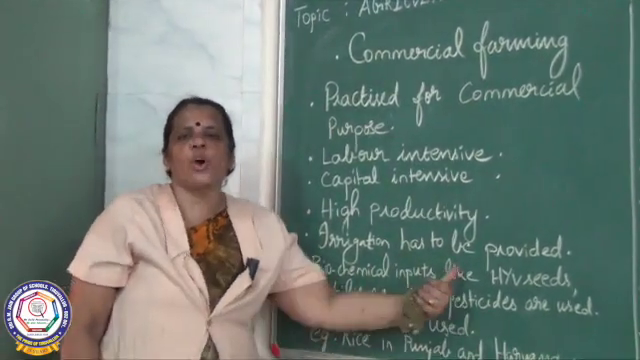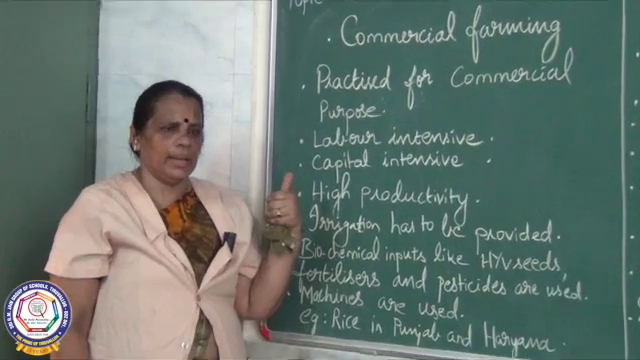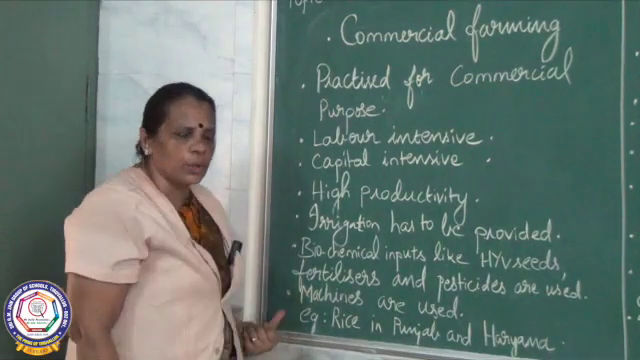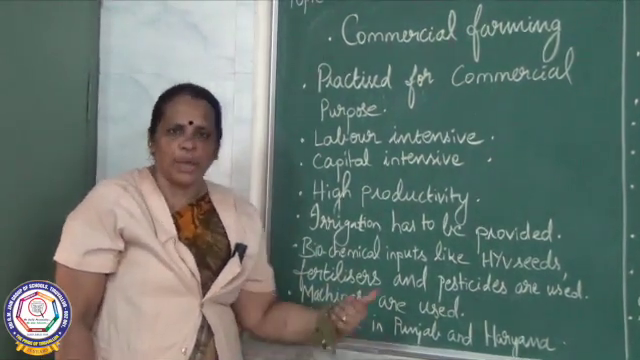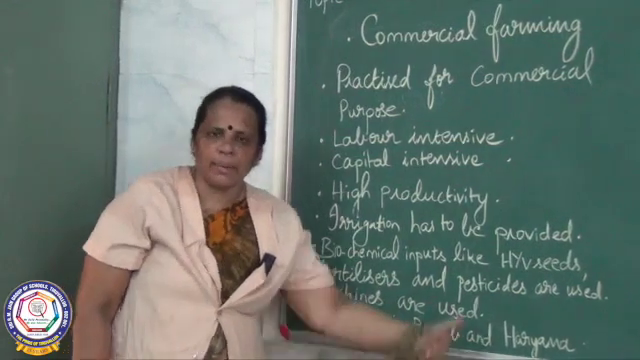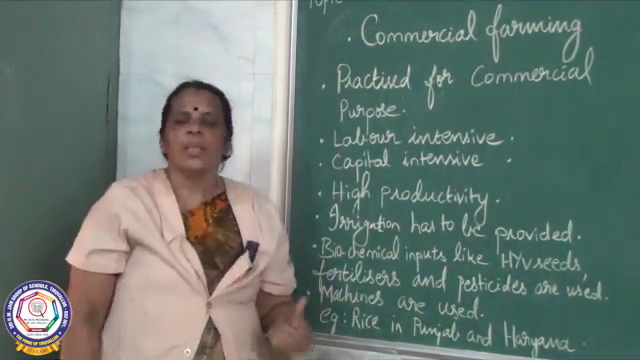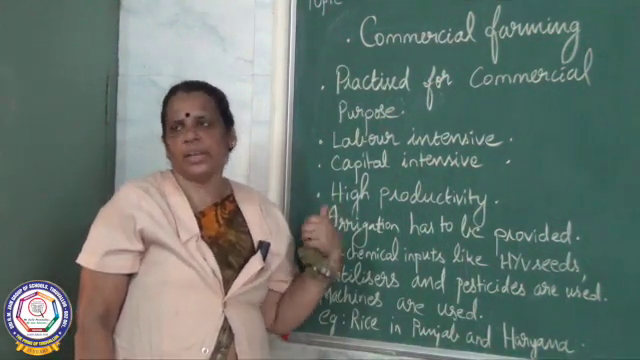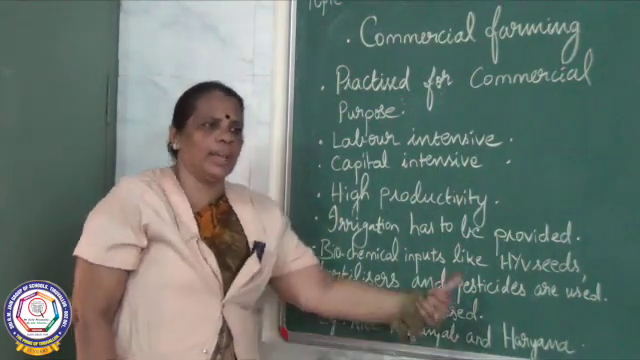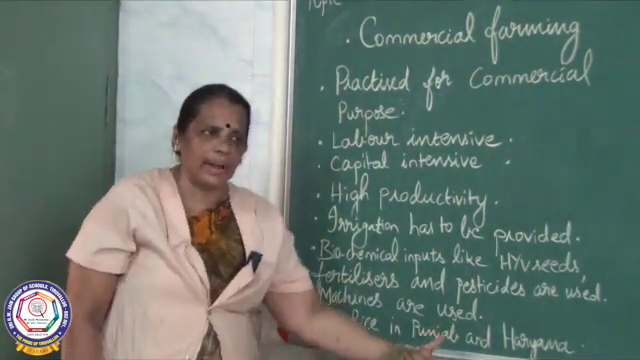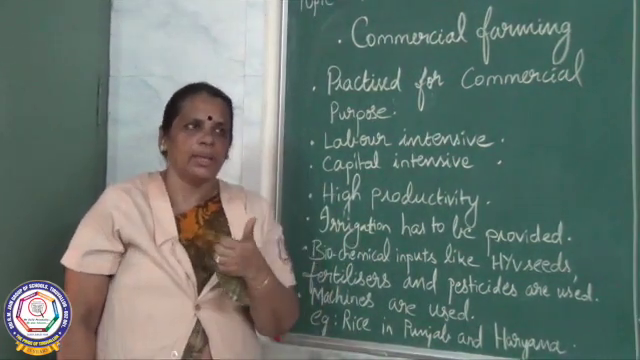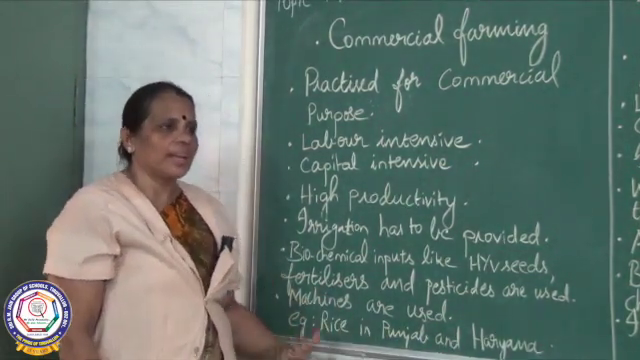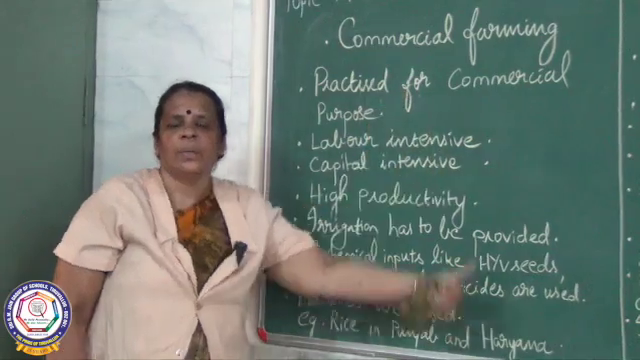The next one is biochemical inputs. As their main aim is getting more profit, they are going to use biochemical inputs like HYV seeds, chemical fertilizers and pesticides, etc. And machines play a greater role in every farming activity in commercial farming. They are going to use machines like tractors, etc., in order to speed up the production activities. For example, when you talk about Punjab and Haryana, rice is cultivated as a commercial crop in Punjab and